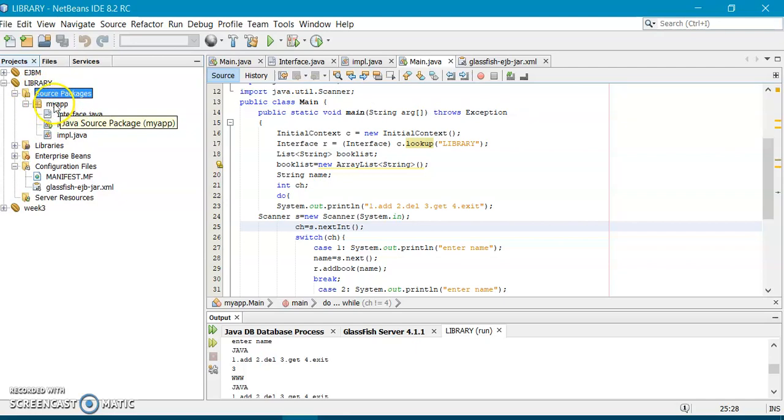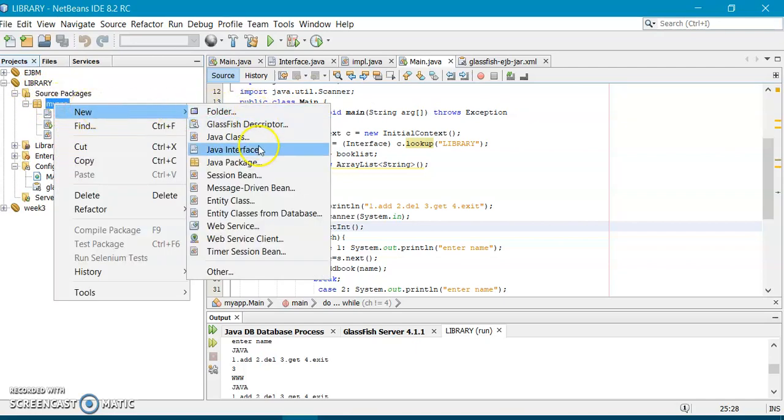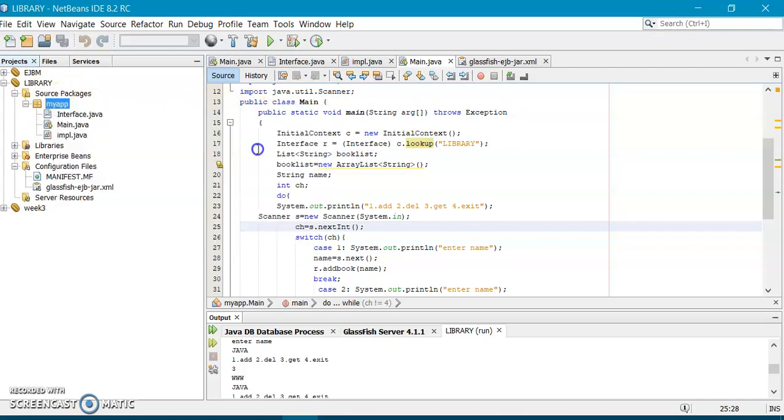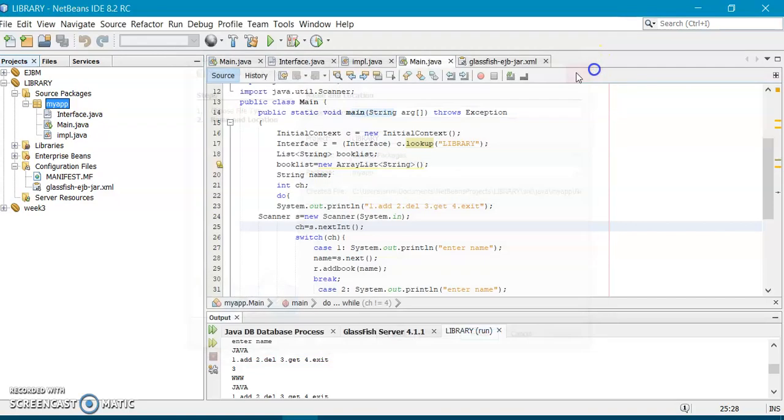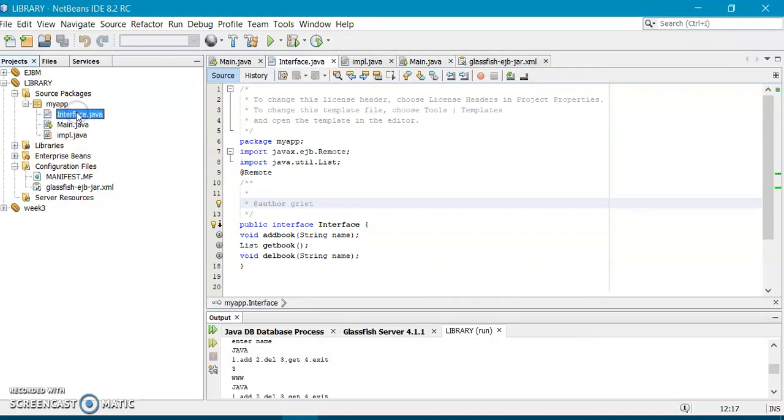Under this my app, what should you create? First you have to create a new Java interface. You give the interface name, and the interface name that I have given is interface.java. In this interface.java, you write your abstract methods. What are the abstract methods that I have given? Add book, get book, and delete book. These are the 3 operations that I want to perform.